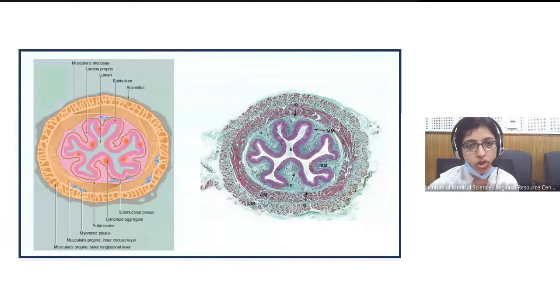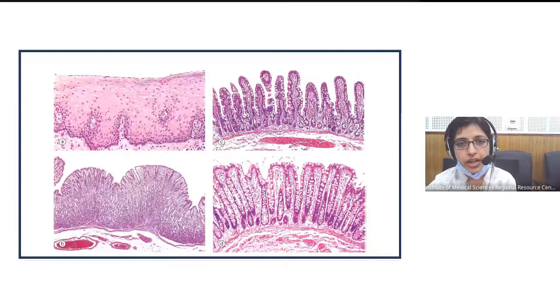In pathology practice, we get gastrointestinal biopsies, which comprise mucosa and only at times part of the submucosa. So they are superficial biopsies, and it is the mucosa that helps us to identify the origin of the biopsy. This is a special stain, the Masson trichrome stain, which is very beautifully highlighting the different layers of the gastrointestinal canal. So we proceed further.